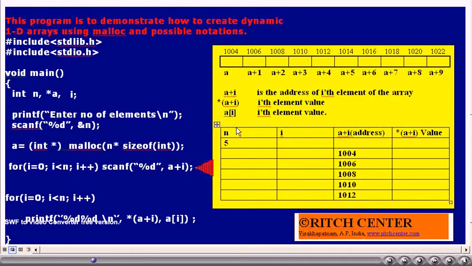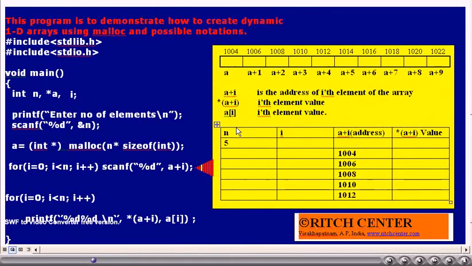Scanf requires what? What type of number it has to read, we have to specify. Through the format string, we have specified %d to indicate it is supposed to read an integer from the user. And then what else is required? We need to supply the address into which the value whatever the user enters is to be stored. So here we have written a plus I. What is a plus I? We already understood a plus I is the address of the ith element of the array.